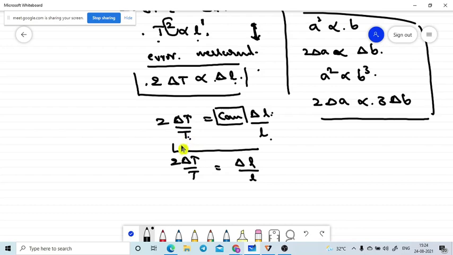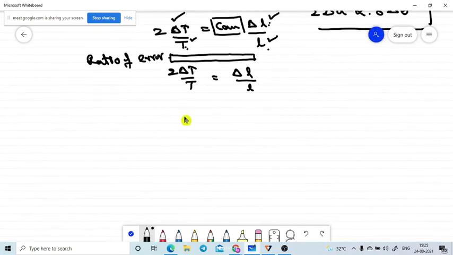That is the ratio of the error. This is the ratio of error concept. This concept also we are not introducing here. So the ratio of error means error of the value divided by initial value. That's why we are taking it.